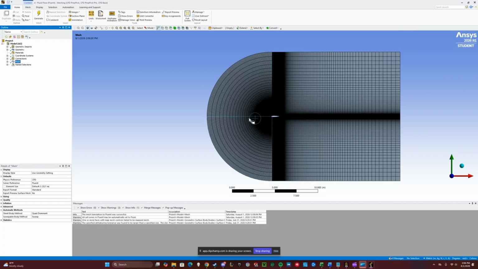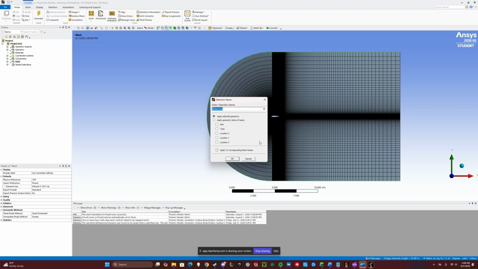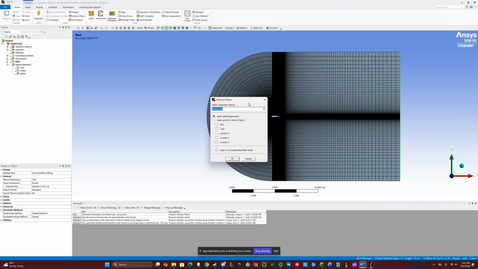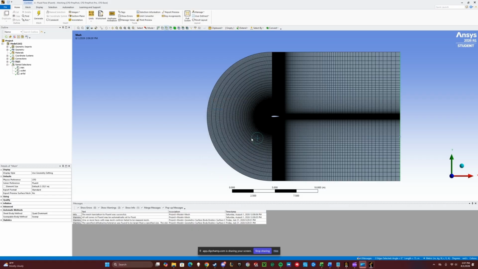We're mainly focusing around the airfoil up and down, and then to finish off this mesh, you would just use a line, select all of these, click N, and then it'll open up name selection. That'll be the inlet. Then you do the same for this edge right here. So just here and here, click N, name this outlet. This is inlet, and then you just have to zoom in,